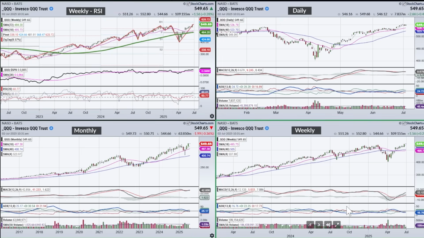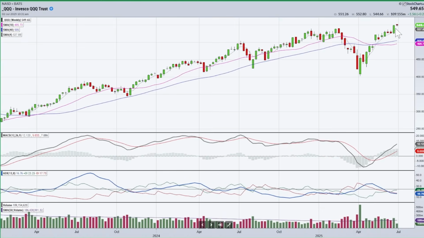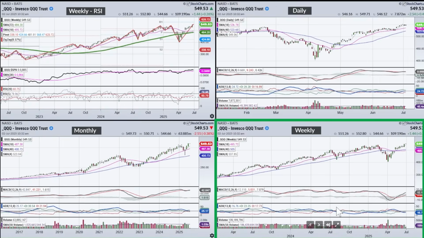So we are essentially breaking out on this chart here on the QQQ, but we've done it in a way that it's up several weeks in a row. The way I put it is, typically if you break out from an overbought condition, you don't usually look for follow through. You look for some consolidation in the near term. So I'm sort of expecting that. Now it's possible to just keep pushing higher, but